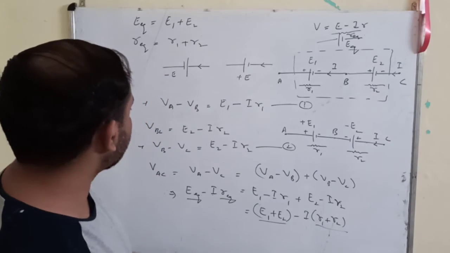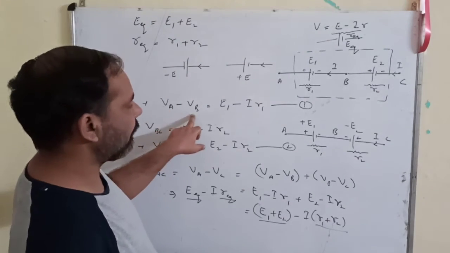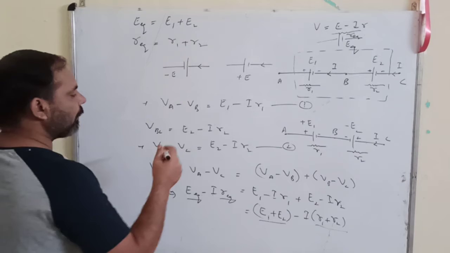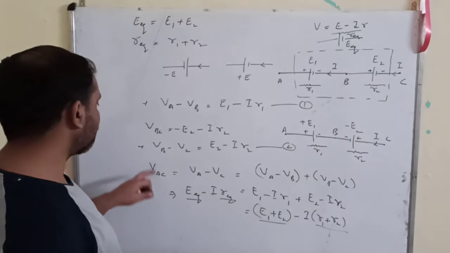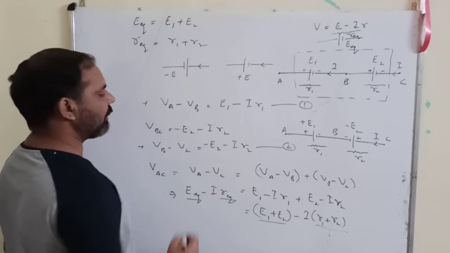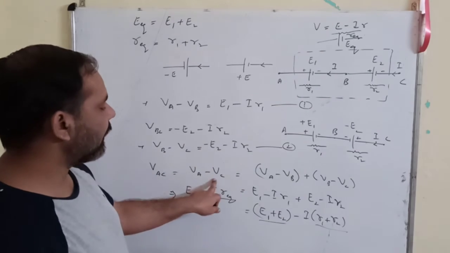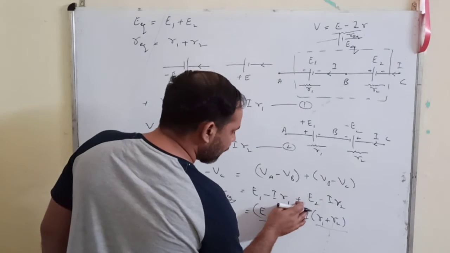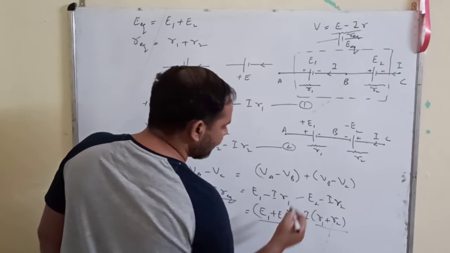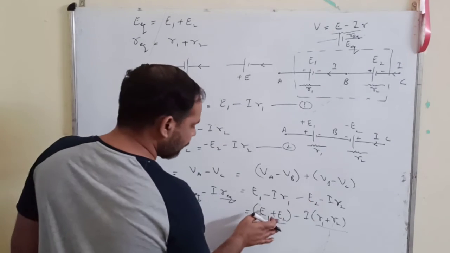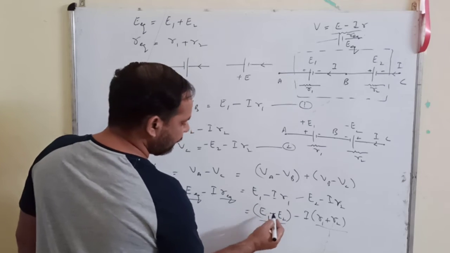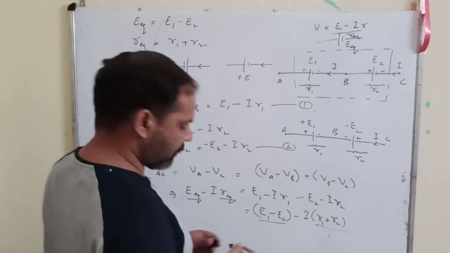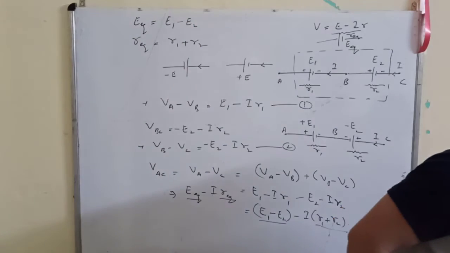Now simply we will make few changes here. For the first cell VA minus VB is E1 minus IR1. For the second cell VBC is equal to minus E2 minus IR2. So this is minus E2 minus IR2. So VAC equals VA minus VC, VA minus VB plus VB minus VC. Again same thing. Here it will become minus, and therefore you get here the minus sign, and finally here you get minus. So how much will be the net EMF